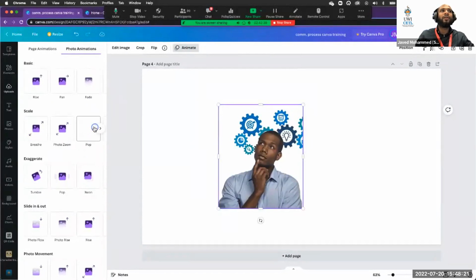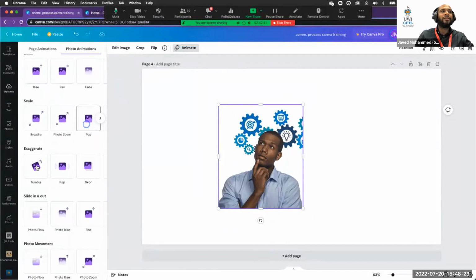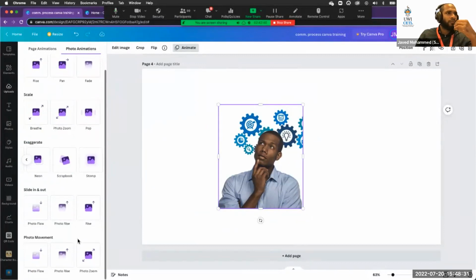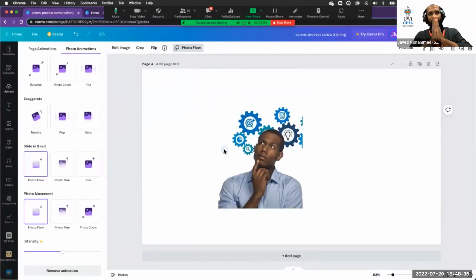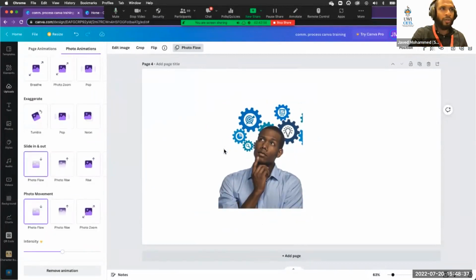I can animate my image by clicking animate at the top and then using the basic animations available. We have scale, exaggerate, and you will have more animated options using the Edu account. All right. So if you apply an animation to your slide